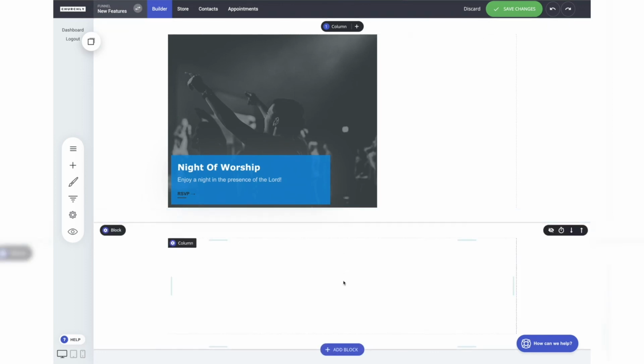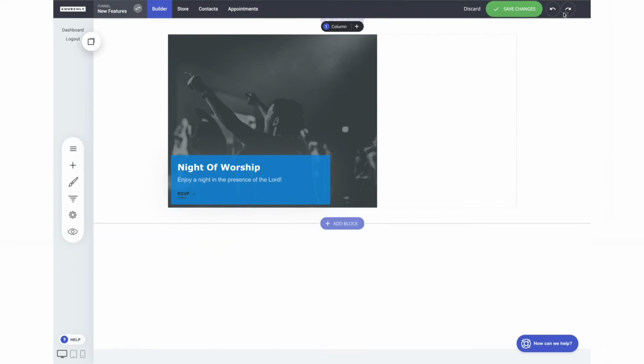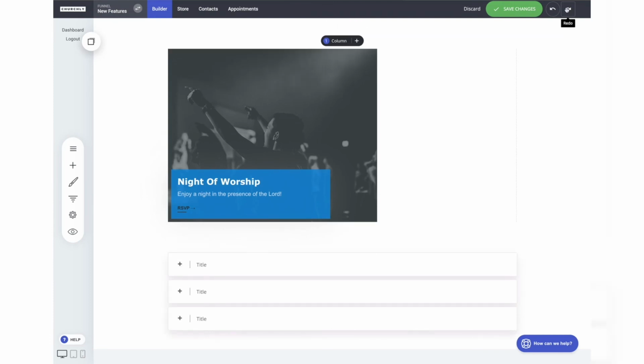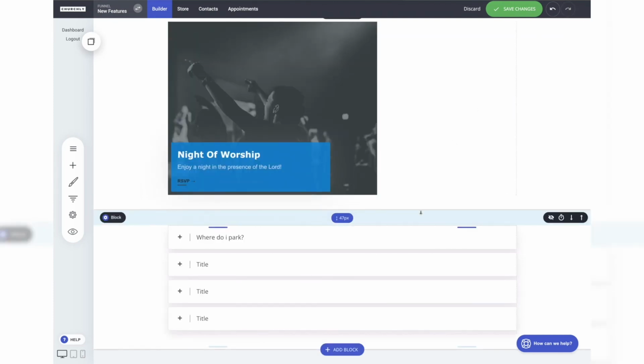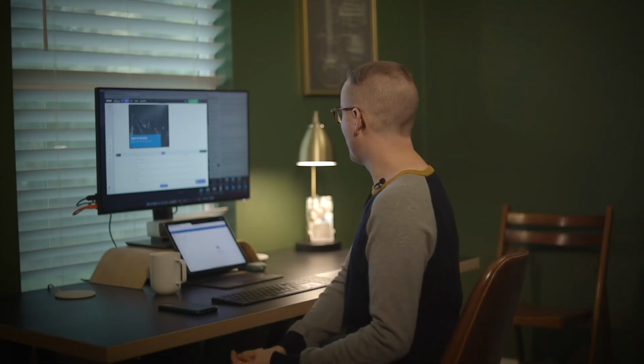There is no limit to how many things you can undo and redo. If you went backwards too far, you can go forward again, and what you took away, you can add it back. So undo, redo. The only thing you need to keep in mind is if you have